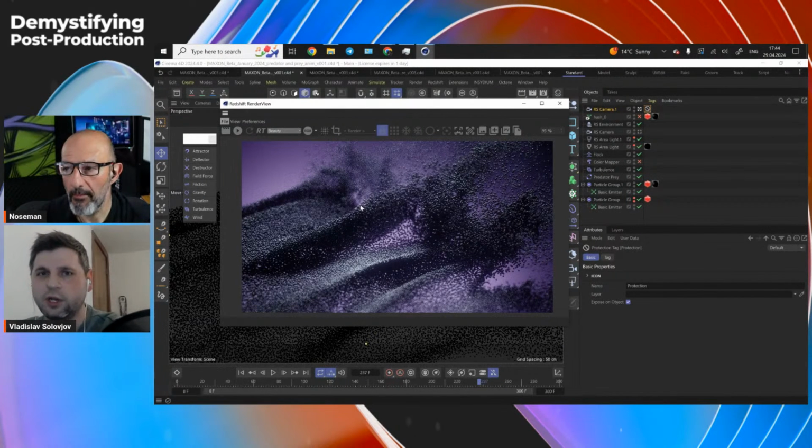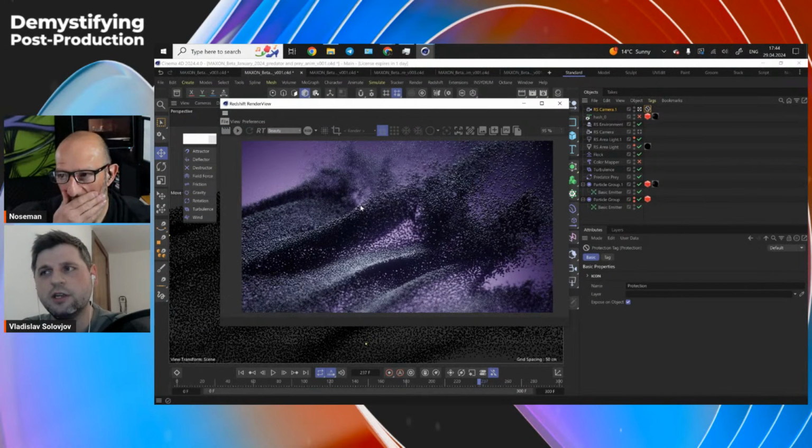Sometimes I'm very disorganized. I try to be very honest with myself. Some of the things in my pipeline are very unorganized. I can see some mess in my object trees, but I think the most important thing is the final look